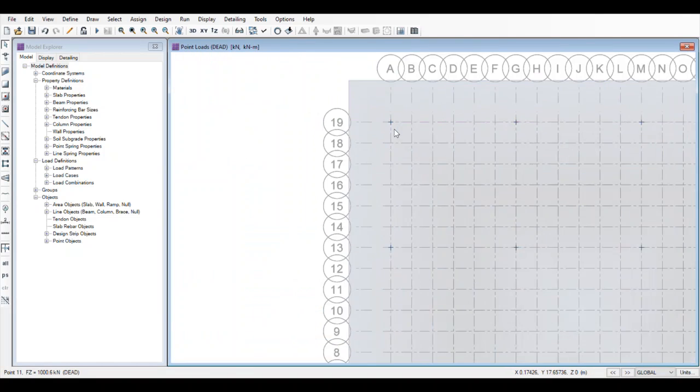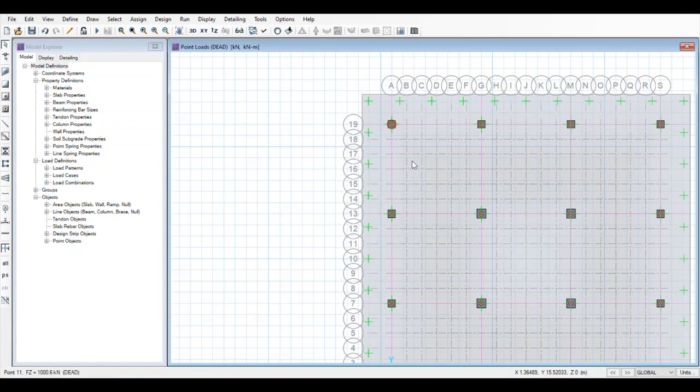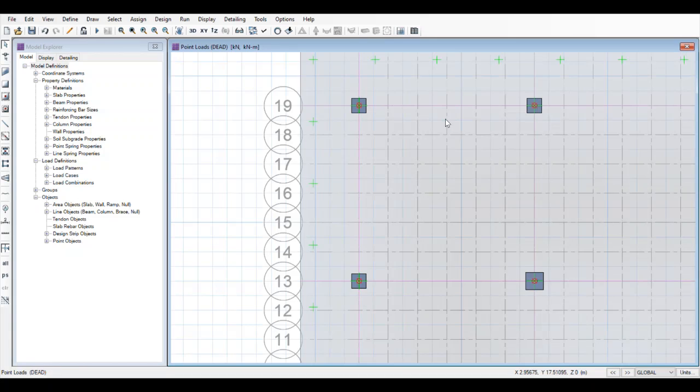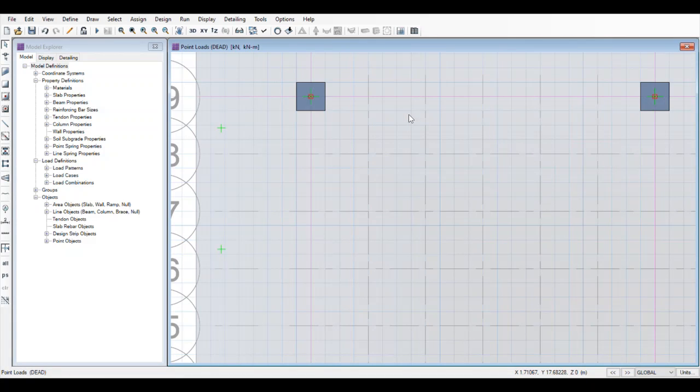Now similarly go on applying dead and live loads to all the columns. After you have assigned all the loads to the different columns, it is time for us to define the material. Right click on the footing.